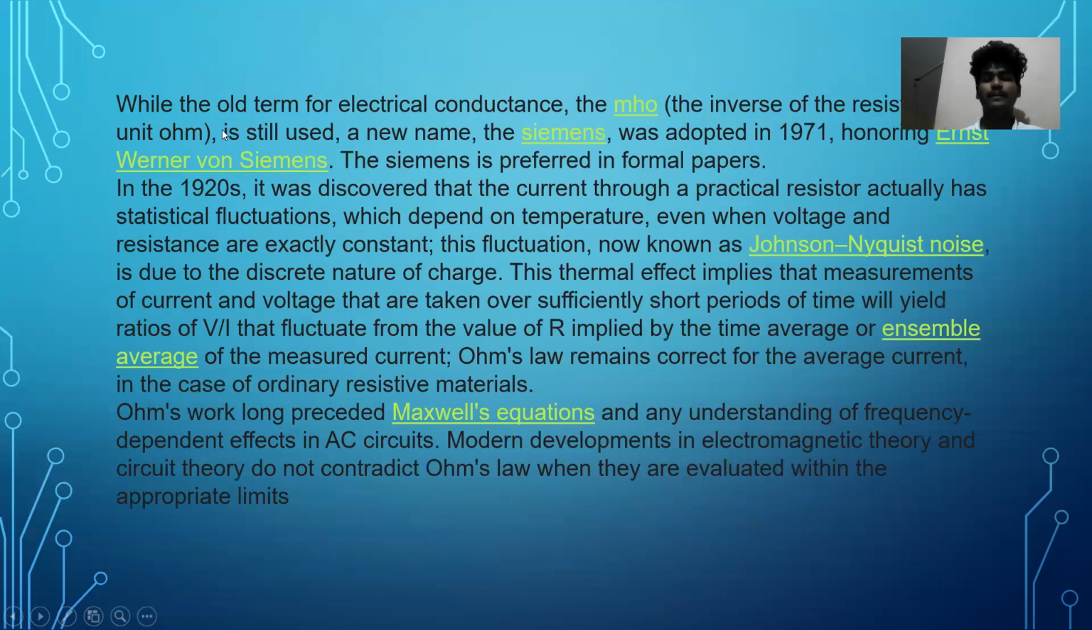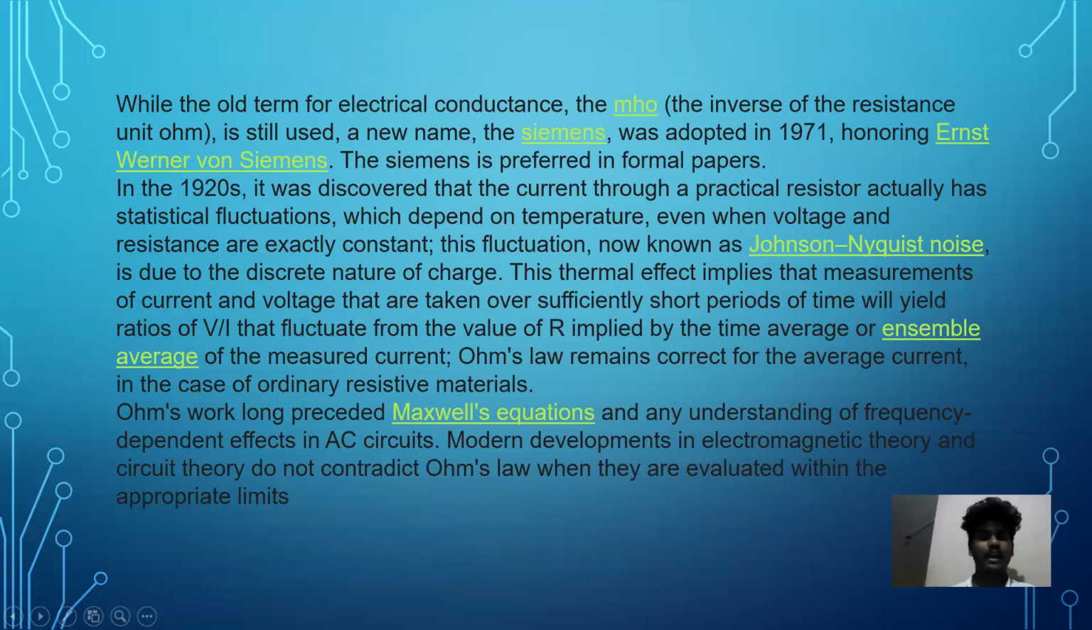And next is, while the old term for electrical conductance, the inverse of resistance, the mho, is still used, the name siemens was adopted in 1971, honoring Ernst Werner von Siemens. Siemens is preferred in formal papers. In the 1920s, it was discovered that current through a practical resistor